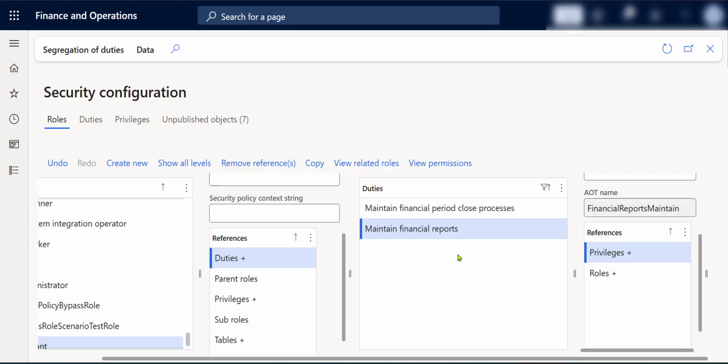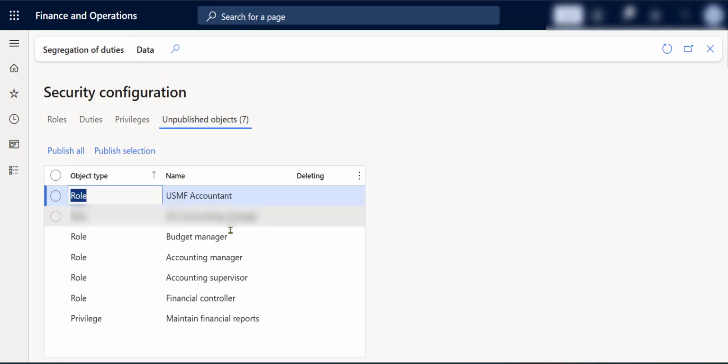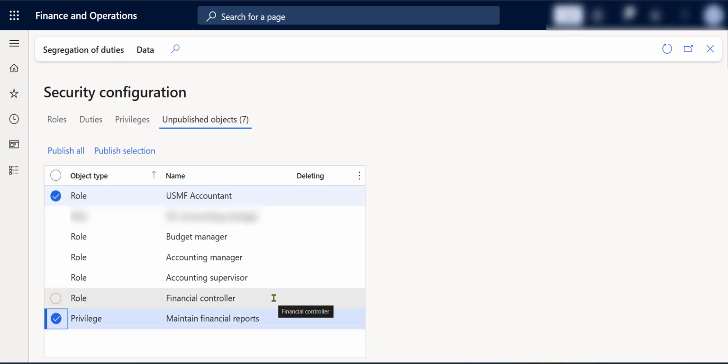So it's not sufficient just making adjustments on the role. You will need to make it confirmed by doing this publish option. So how you do that is clicking here, unpublish the objects. It's going to store all your changes on those roles. So in my case, this is my USMF accountant role I have adjusted. And I know that this privilege, maintain financial reports, have been adjusted as well because we changed the grant option for all the delete, create,